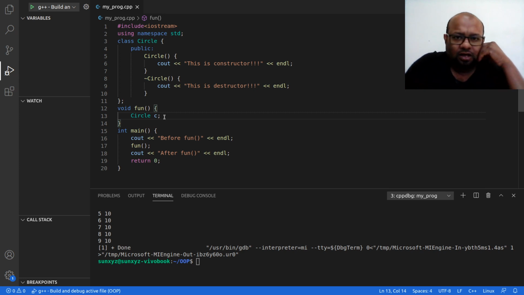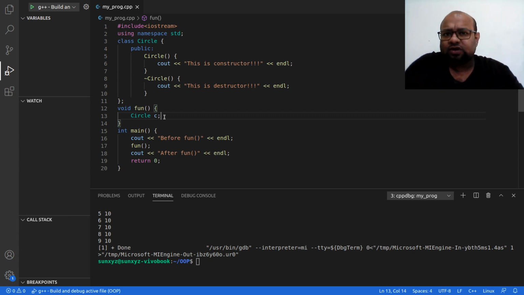Then I return from this fun function. When I return, at that time I deallocate the memory that was allocated for this object. So this object essentially is destroyed, and then I return from the function. My return will be complete after this destruction of whatever was allocated for this fun function in the stack.